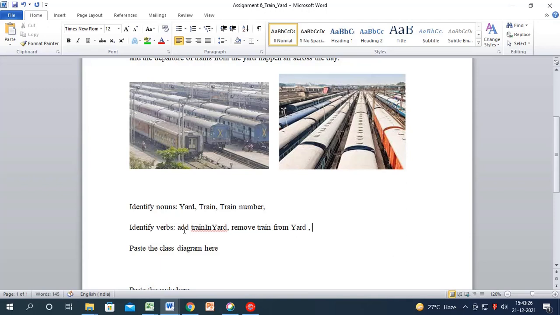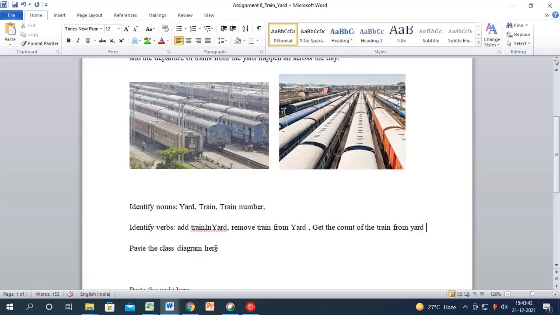Okay, you can get the count of the trains from yard, right? So you should be in a position to do all this.